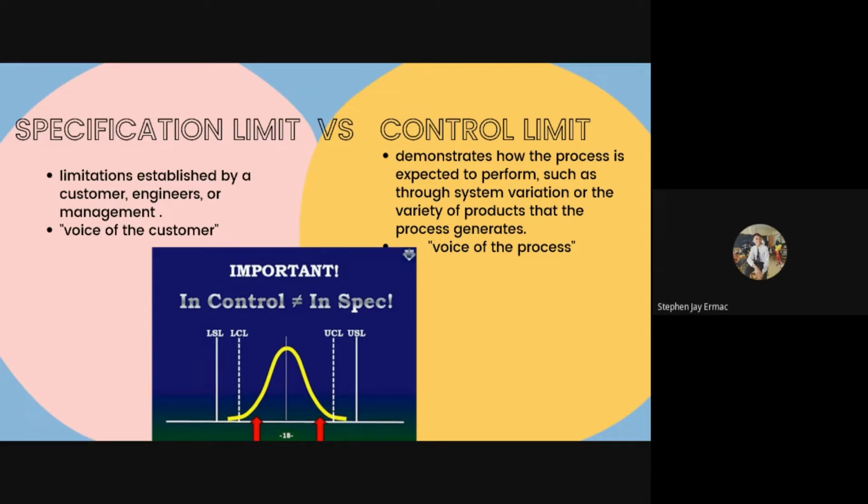They're also the limit on the product characteristics that define where the product will work and where it will not work. And if the product falls outside, they expect the item will be rejected. In general, there are two types of specification limit, the upper specification limit and lower specification limit, or USL and LSL. And this specification limit should be placed at a point where the losses due to variation equal the